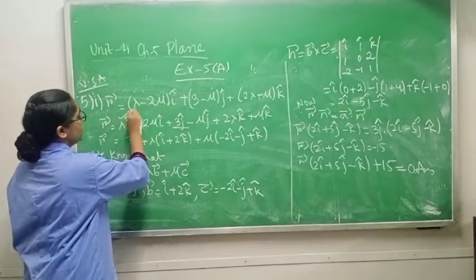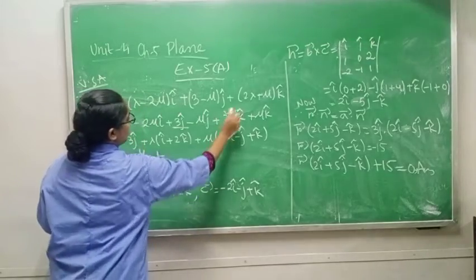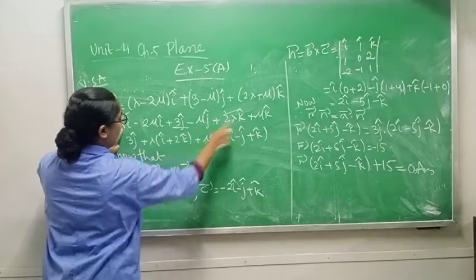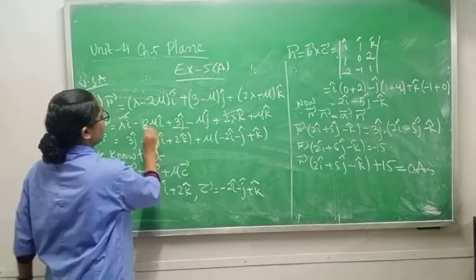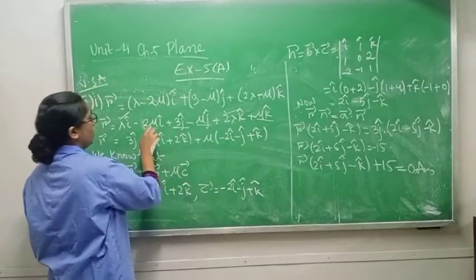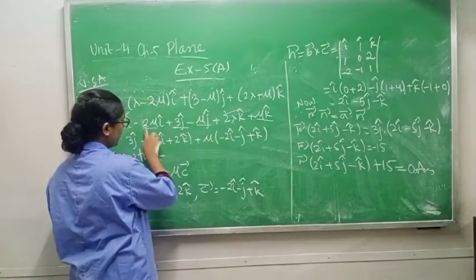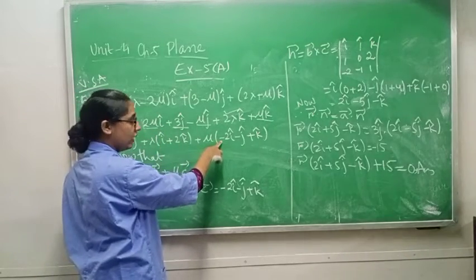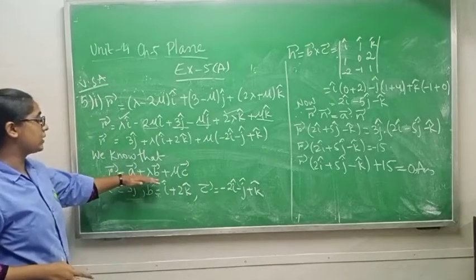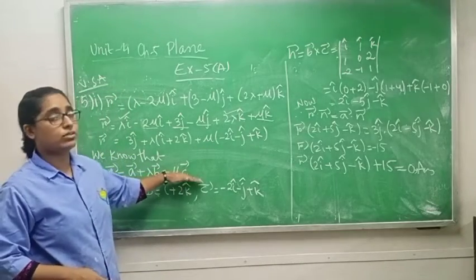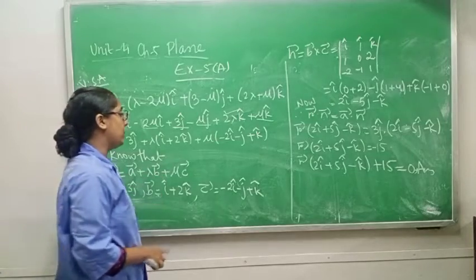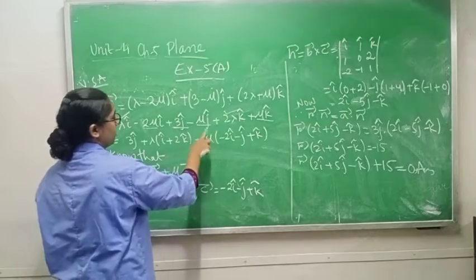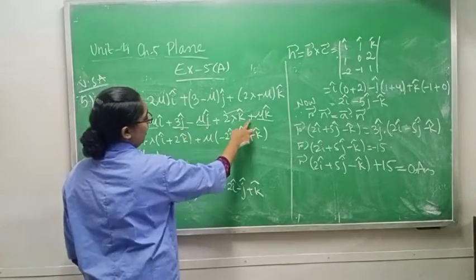Now the lambda ones. This one is lambda and this one is lambda. So you can take lambda common. Here i will remain and here plus 2k will remain. Okay. Now the mu ones. You have three terms related to mu. So you can take mu common. Here 2 i cap will be left. But since you have a minus sign, you have to write the minus sign inside. Why? Because we know that a vector plus lambda b vector plus mu c vector, there will be a plus sign between them. So that is why whenever you have a minus sign, you have to write it inside. Then here also minus j cap plus k cap.